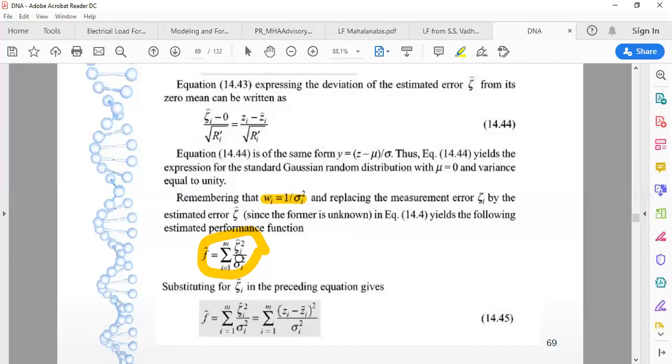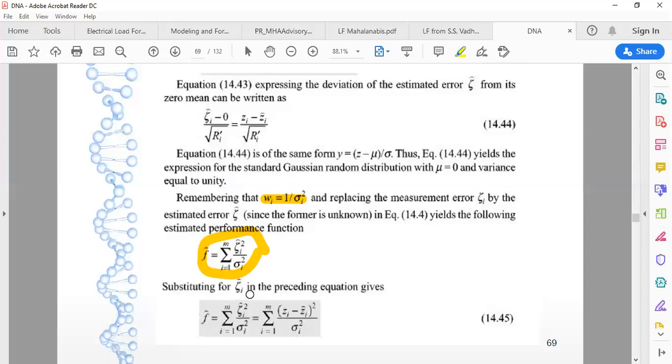So now my previously defined performance index function for least square estimation is modified, and now that performance index, if I have m number of instruments, is equal to the sum from i equals 1 to m of zeta i square divided by sigma i square. So by substituting the value